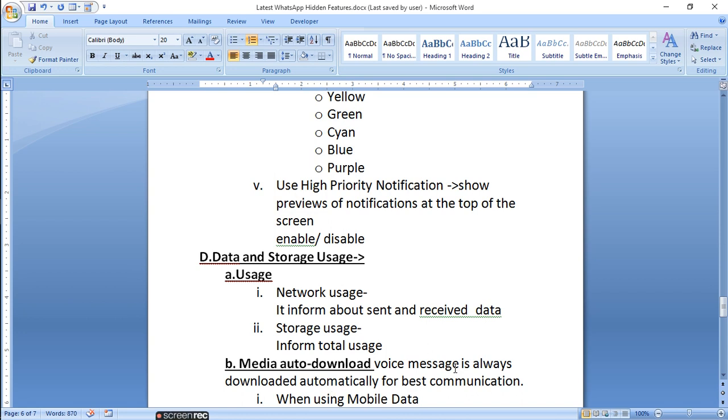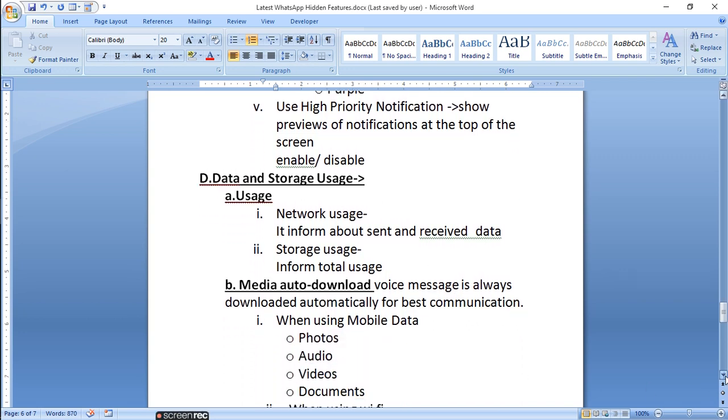Then media auto download: when you set the media auto download, it will come automatically.